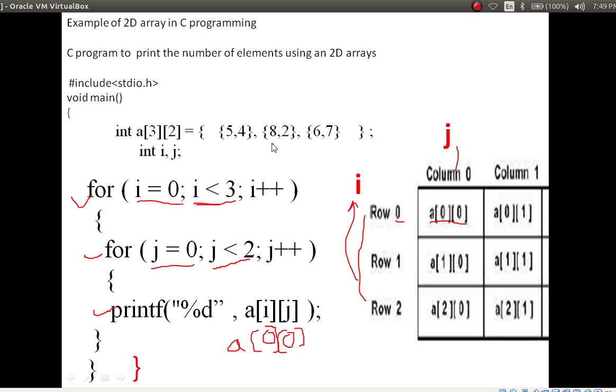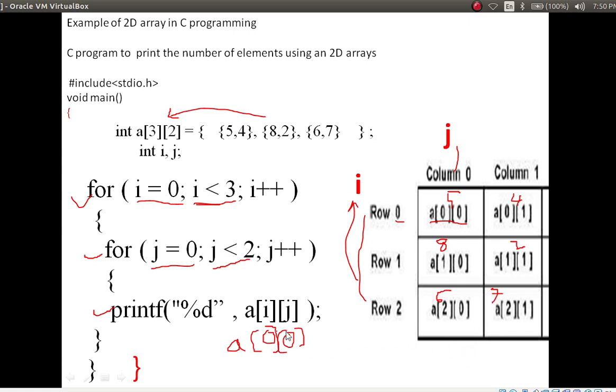Okay, here we have already initialized these values to the array. So here 5 is stored, here 4 is stored. The next one is 8. 8 is in the second row, 2 is in the second column, 6 is in the third row, and 7 in the second column.